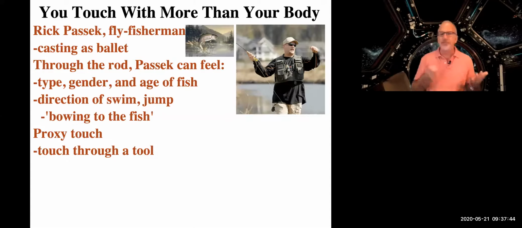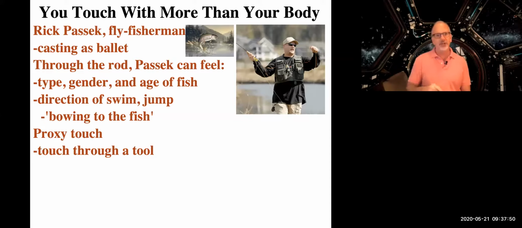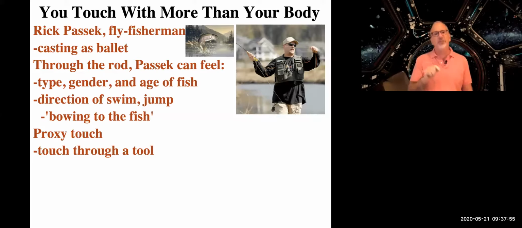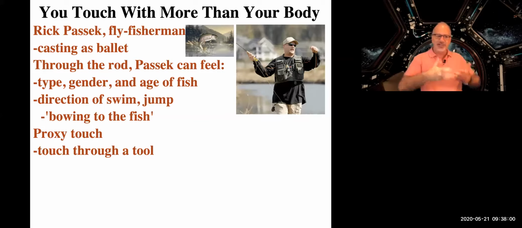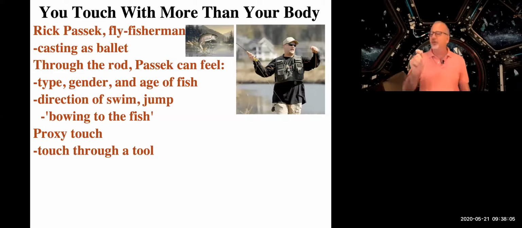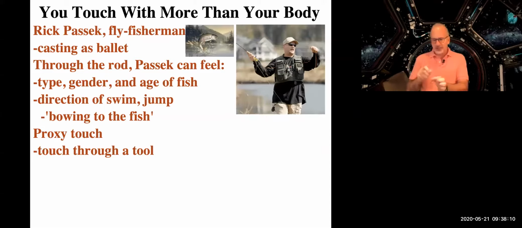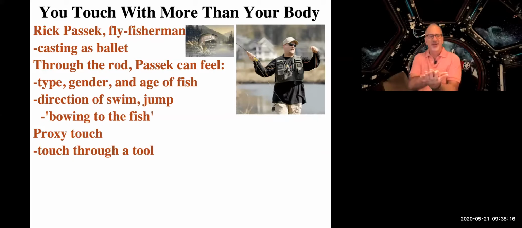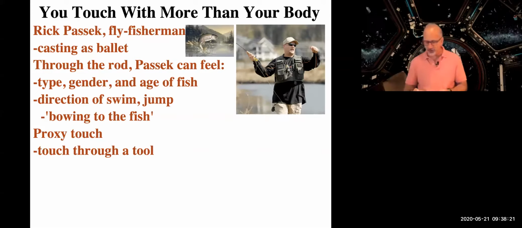So, we're holding a pen, for example. If you're taking notes now on a piece of paper, you're using proxy touch to know what the resistance of the paper is as you make your marks. You're able to tell the resistance, the composition of the paper, how much texture there is, through the vibrations on the pen as you're writing. And that's, again, something we're able to feel without directly having skin contact with it. We're able to feel that through the vibrations on the pen itself. So that type of thing would certainly be considered proxy touch.